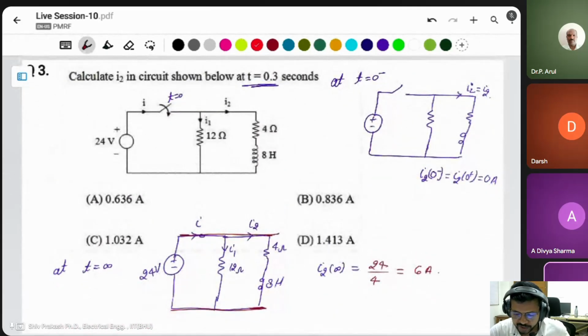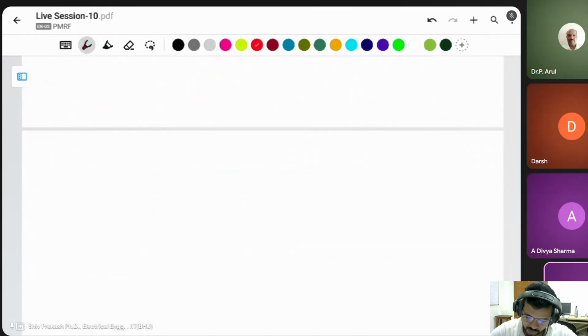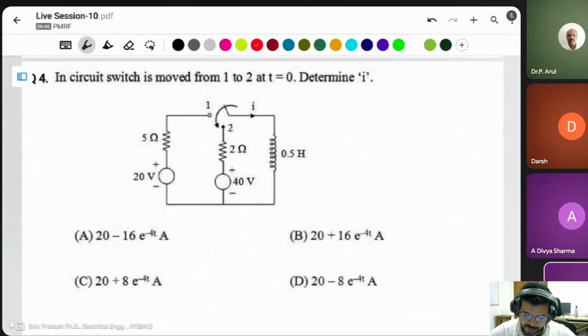We have to find the initial point and the final point, and we can use the formula: final plus initial minus final into e to power of minus t by tau. Then you have to calculate the tau and we will get the final answer. Okay, next,